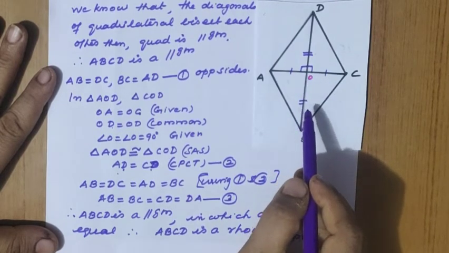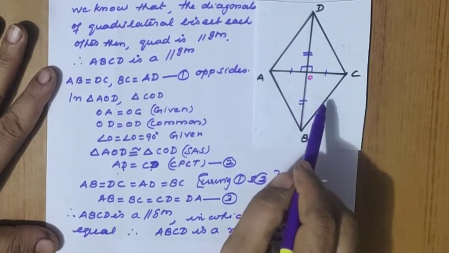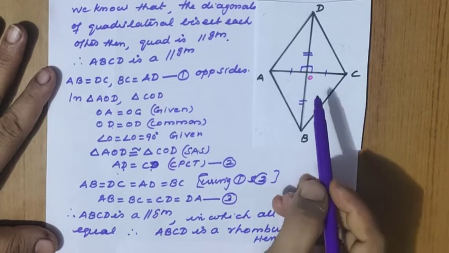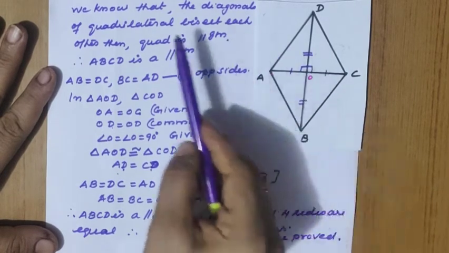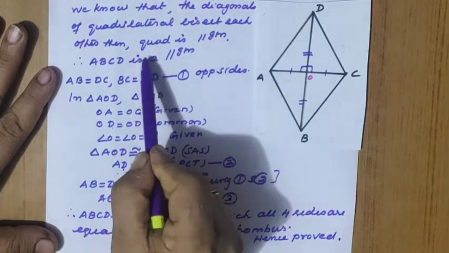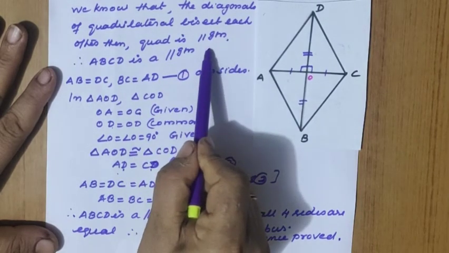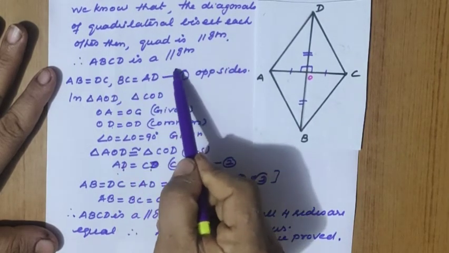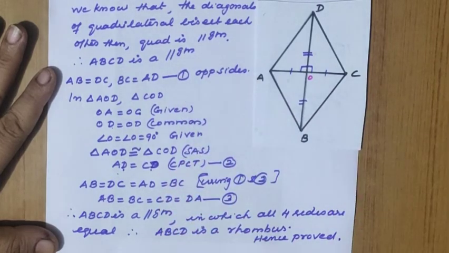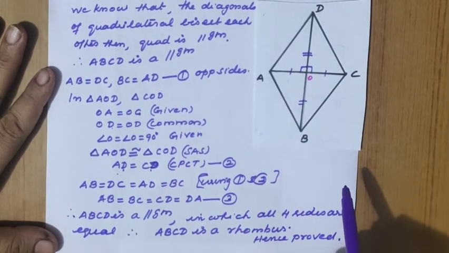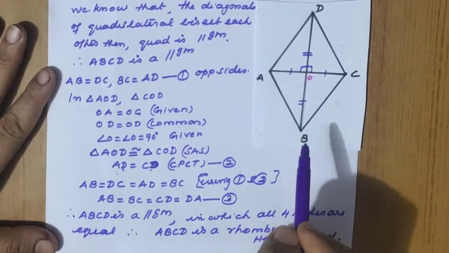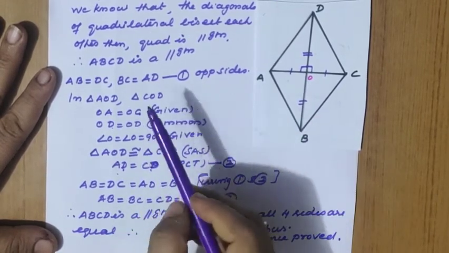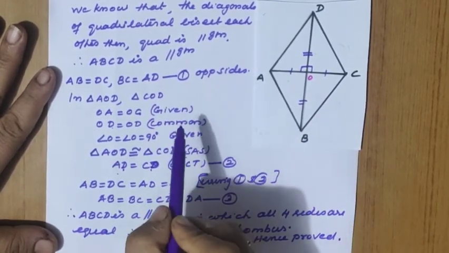Now we have to prove that it is a rhombus, means first we should prove it is a parallelogram. So by one theorem we have already proved that if diagonals of the quadrilateral bisect each other, then the quadrilateral is a parallelogram. So ABCD is a parallelogram we got, right? So by the theorem we got a direct result. Now we have to prove that adjacent sides are equal for proving ABCD a rhombus.